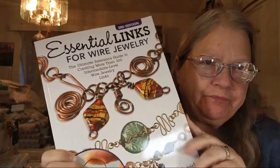We may just look over this book a little bit. Like I say, I don't think it's as good a book as The Missing Link was, but it does have some rather